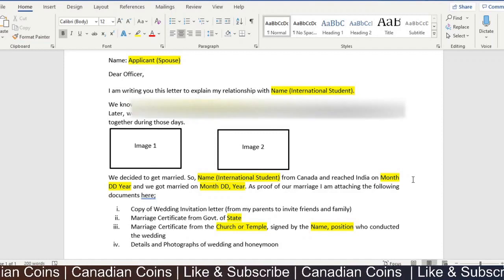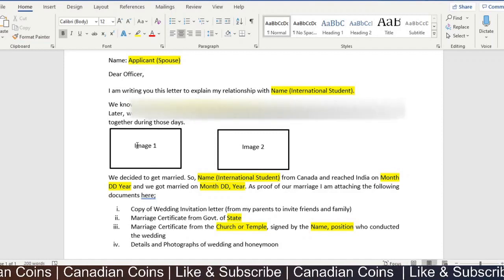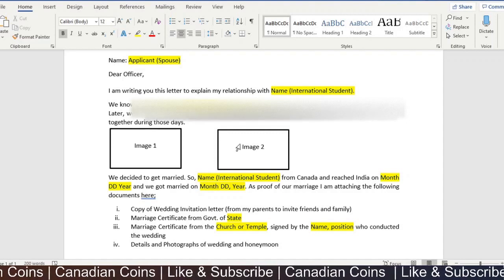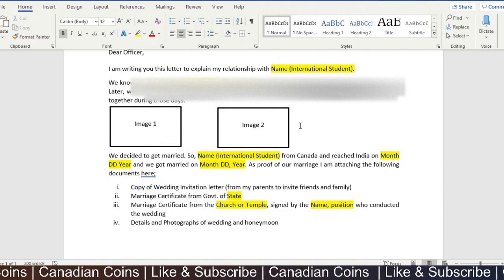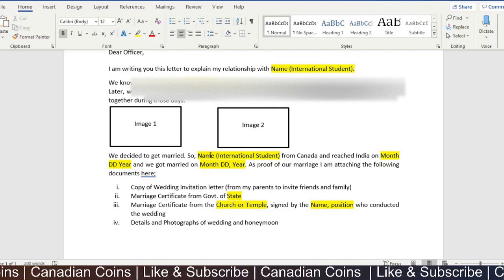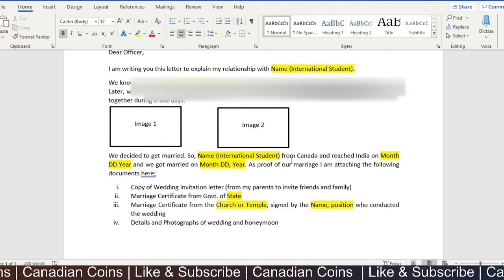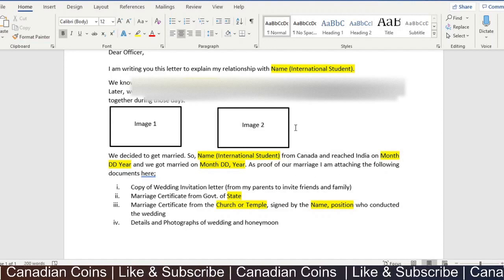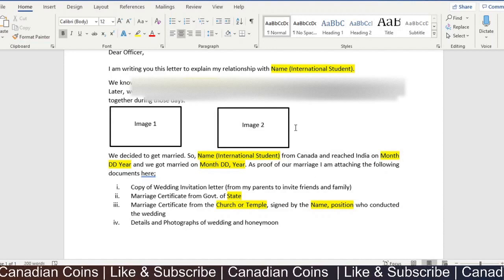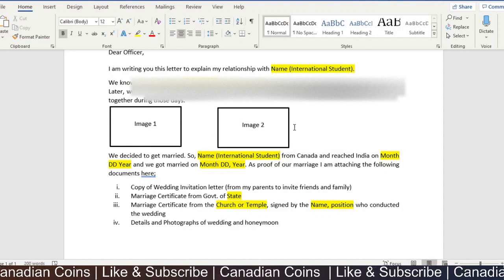Reference for you to show how I did my things. I attached two photos from before our marriage when we were together, and we decided to get married, and I gave the dates, months and all. So this letter is attached in the description down below, and you can download it if you want to